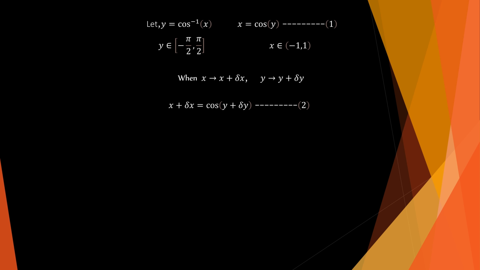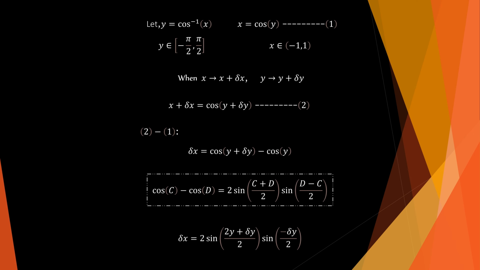Now we isolate our change in x by subtracting equation 1 from equation 2. This leaves us with delta x equals cosine of y plus delta y minus cosine of y. To turn this difference into a product, we apply the standard trigonometric difference of cosines identity. Paying close attention to the angle subtraction order, our expression simplifies to 2 sine of